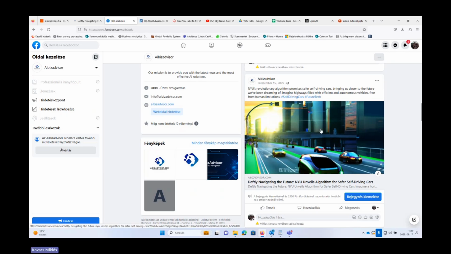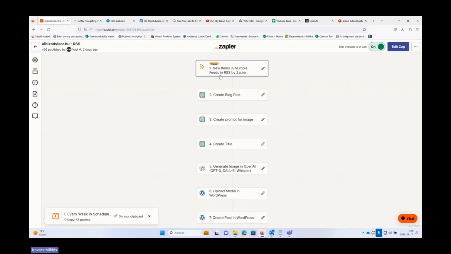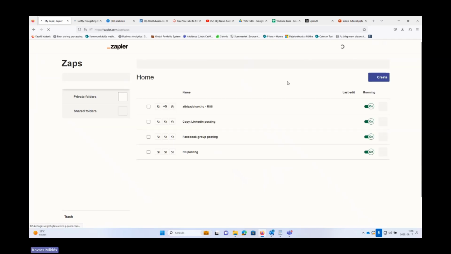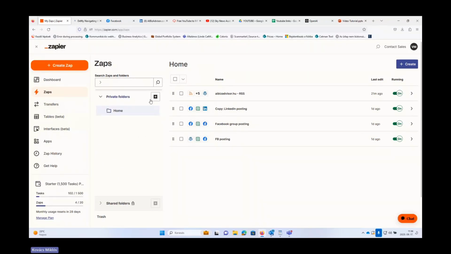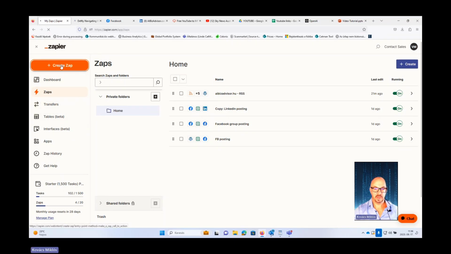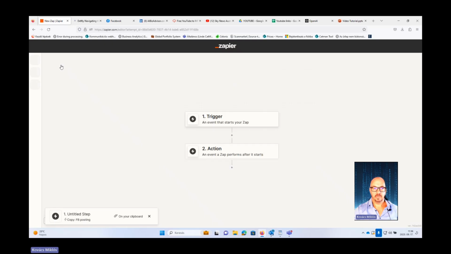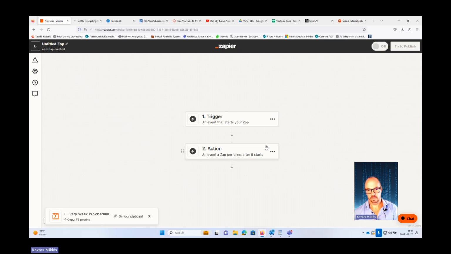So let's go from there, and I'm going to show you how we can set up this workflow, how it is possible to fully automatically create this blog post. In Zapier, the logic, the structure is always the same. You will need to create a Zap, which is basically the workflow. And in a workflow, there is always the triggering action, the first event, which starts the process. And then there will be a set of actions. Through these actions, you will basically reach the desired outcome.